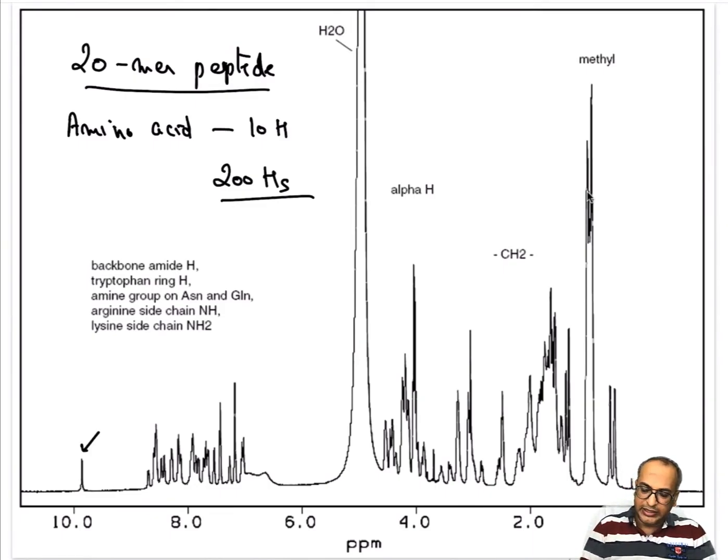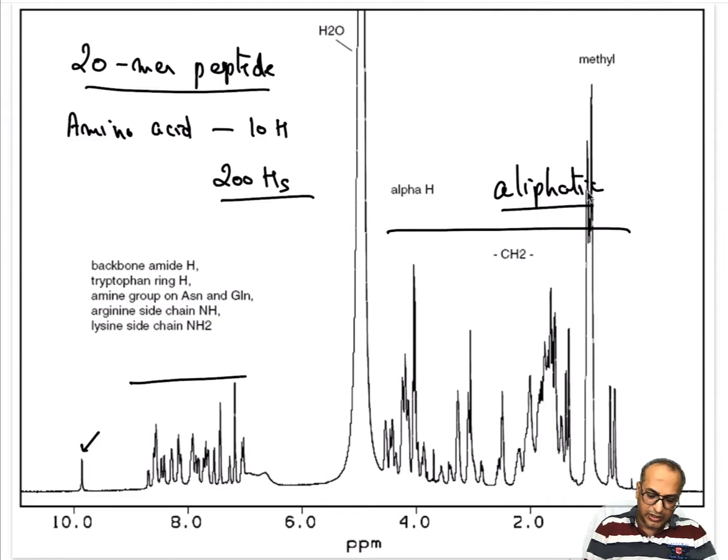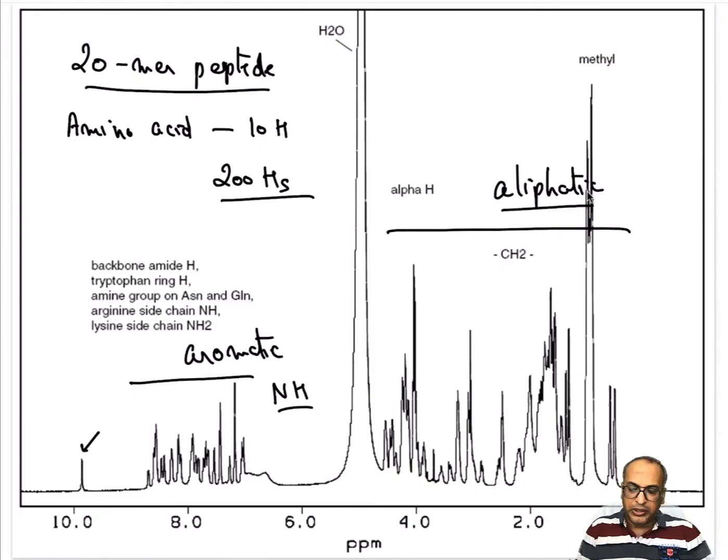So all you can say, from the chemical shift information, is that these are the aliphatic protons, that is, the protons connected to carbons, like CH3, CH2, CH. And then these are either aromatic protons, connected to aromatic rings, or protons connected to heteroatoms, for example NH, right? So these are NH protons, for example. But beyond this you cannot obtain any sensible information from one-dimensional NMR, from proton NMR.